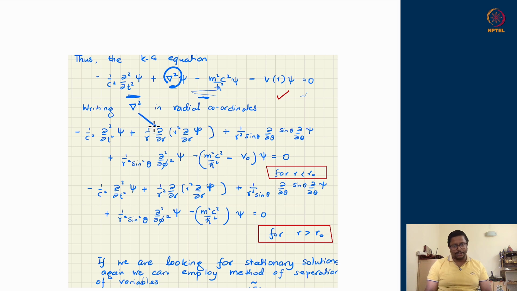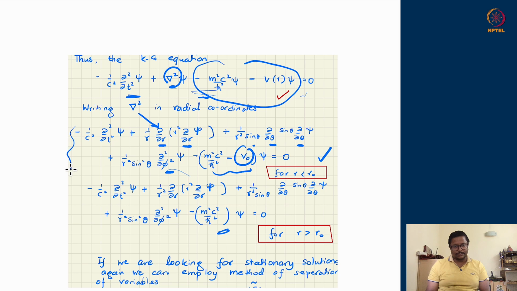I know that becomes a double derivative with respect to r in a particular way, double derivative of theta in a particular way, and double derivative with respect to phi in a particular way. And these two quantities can be clubbed as a single object, which are all constants, mass and the potential which is appearing over here. Remember, V is minus V naught, so the relative sign difference will appear. For region 1, which is r less than r naught, it will be V naught. For region 2, which is r greater than r naught, V naught will vanish. So both equations are almost the same. The only thing is that V naught is present here with an overall positive sign or not, depending upon which region you are in.